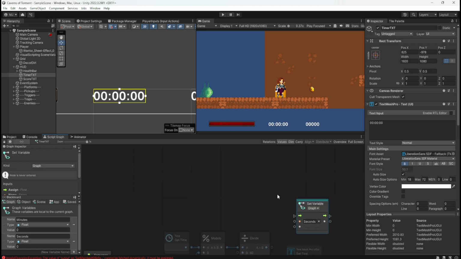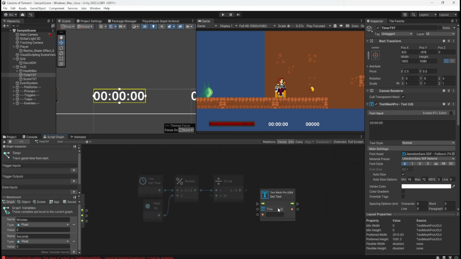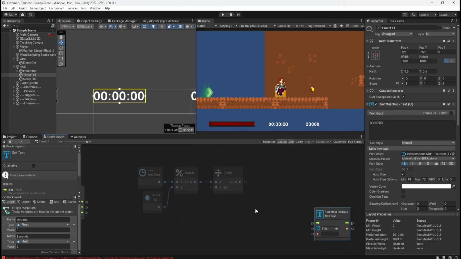Oh my god. A is connected to modulo. A is connected to modulo. Connect it to get time. What, like that?